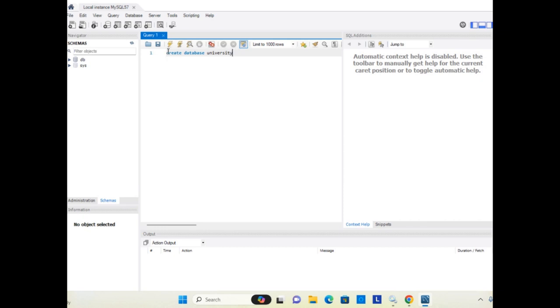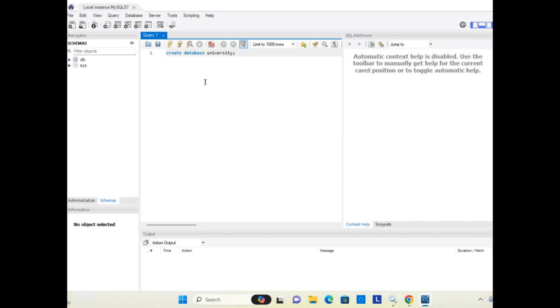I simply write this, and you can see that create database is a query command. It is already defined in the language of SQL. So in order to create any database, I have to write create database, and whatever name I want to give, it may be university, college, student, followed by a semicolon. University is a name of my choice.